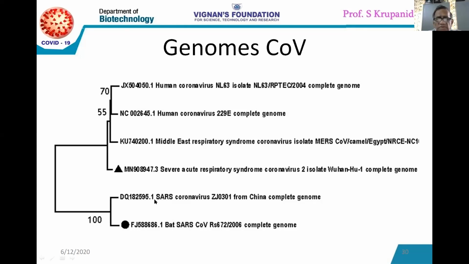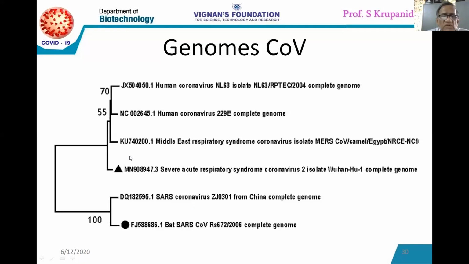Both of them constituted a cluster. That's what I showed you in the beginning: A taxon, B taxon, like that. From this pair of cluster, there is an offshoot, and in that offshoot there is Wuhan CoV. That means Wuhan coronavirus is related to either the SARS coronavirus or the bat coronavirus. To which extent it is related, we can see on the next slide.